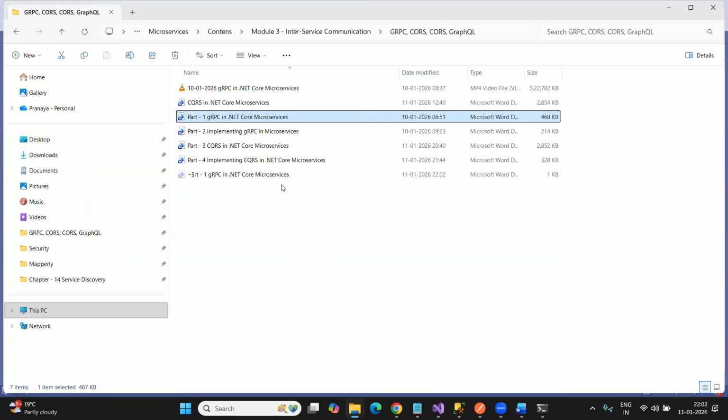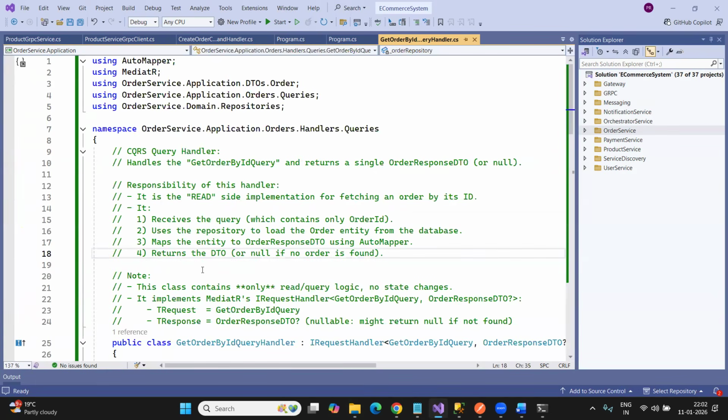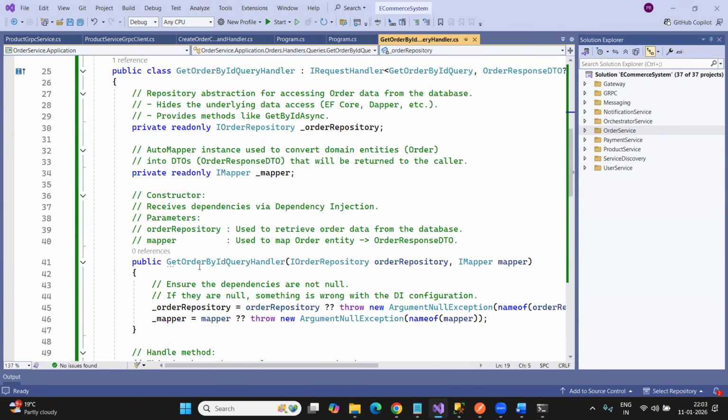Only the documents. Oh no, all the session documents I can't share, because if I'm sharing everything for free, then who is going to join my paid sessions? Yeah, that makes sense. But some of the sessions which are important, which you should know as a developer,